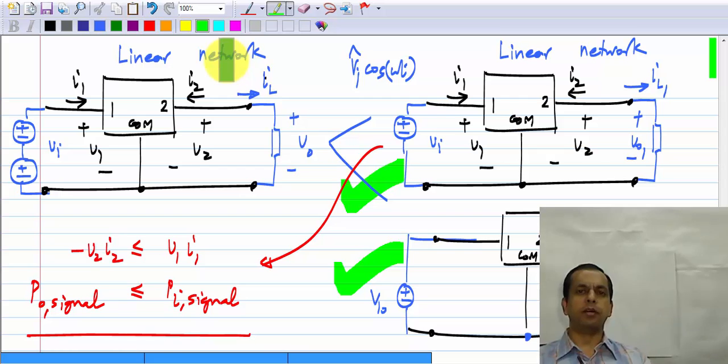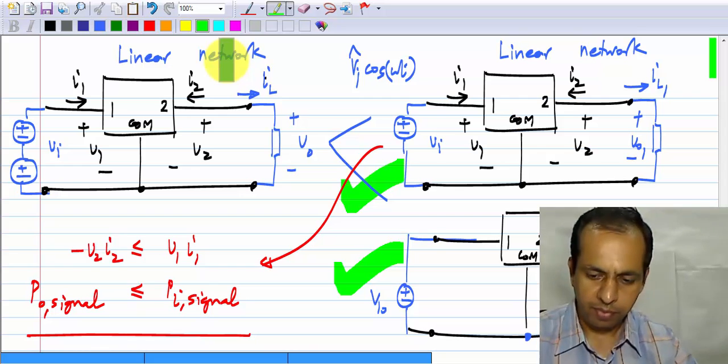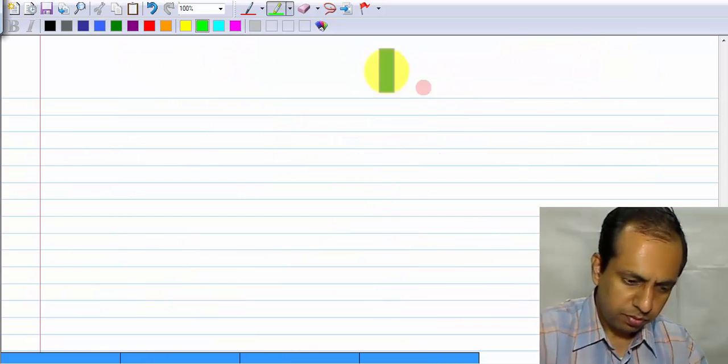So, the whole idea was, if you have only the signal input, the output power will be smaller than the input power. So, we thought we will add an additional source of power. Let us say we stick a battery somewhere, but that is not going to help if the circuit is linear, because once the circuit is linear, then whether you have two sources together or acting separately, the effect of each source will remain the same. That is what is meant by superposition. So, to conclude,